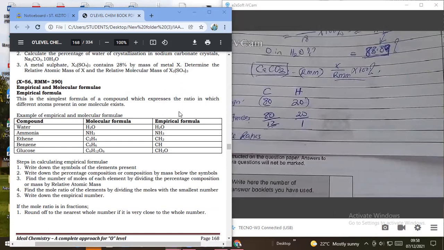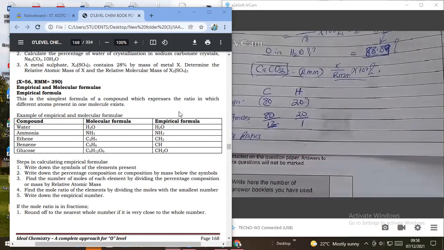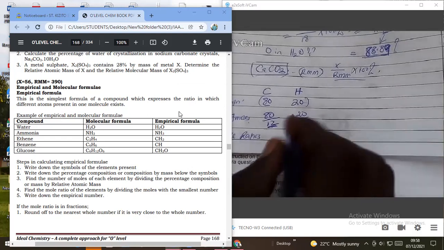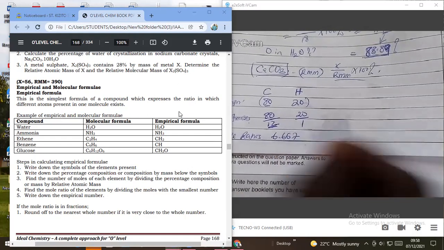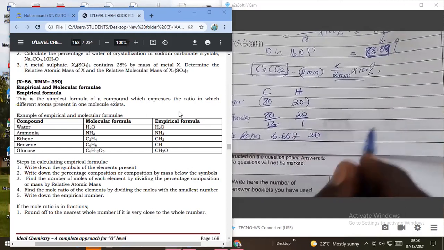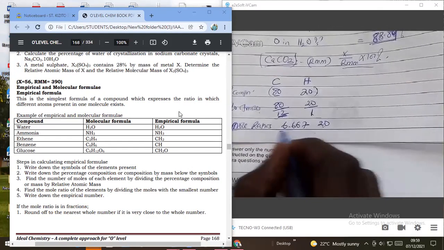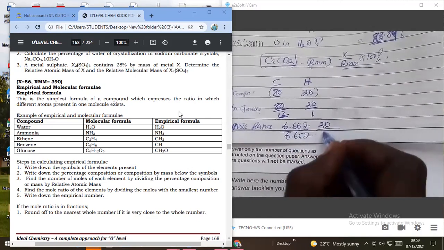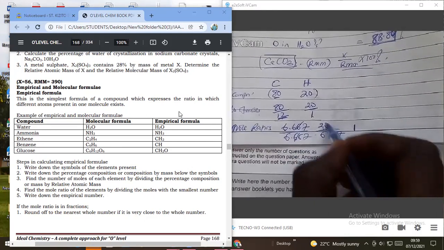80 by 12. What do you get? Grace. Yes, Neha. So you get 6.667. Then 20 remains. So for you to get the mole ratios, you divide by the smallest. 6.667 and 20, which one is smaller? I think it is 6.667. So I divide both by 6.667. So this one and this one gives me 1. This one and this one gives me